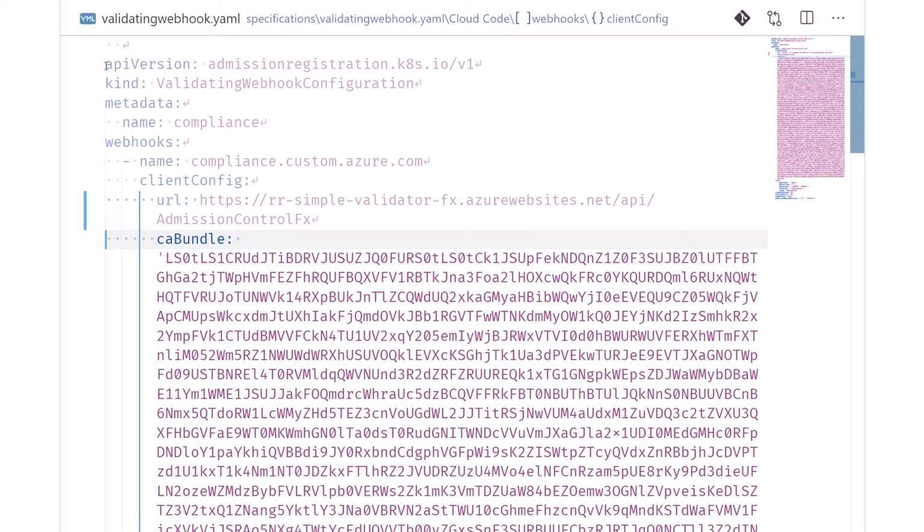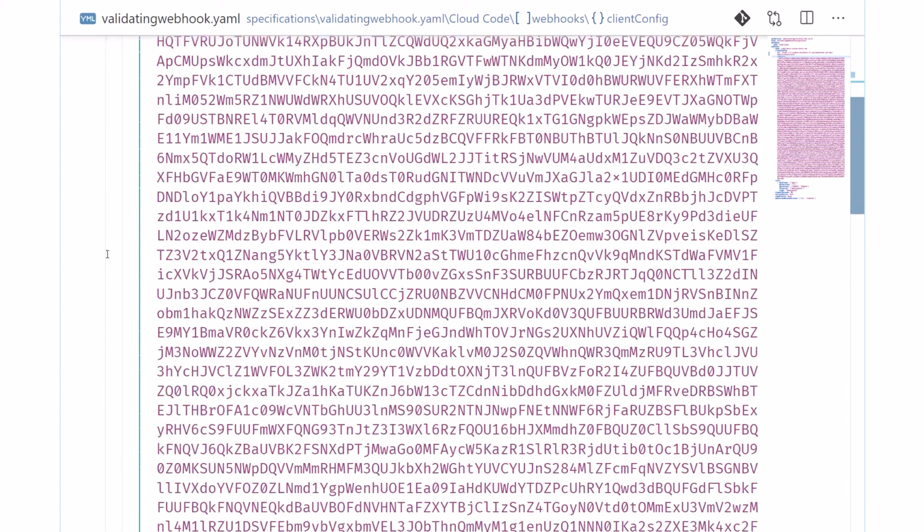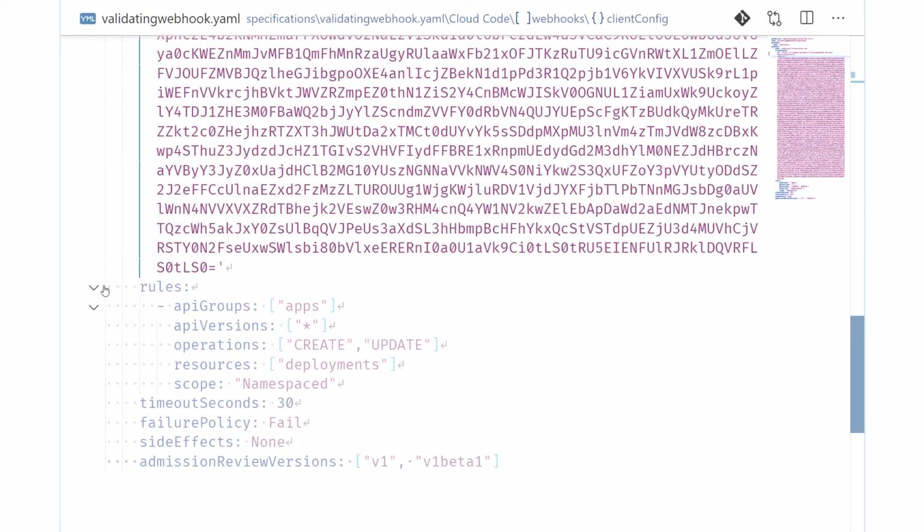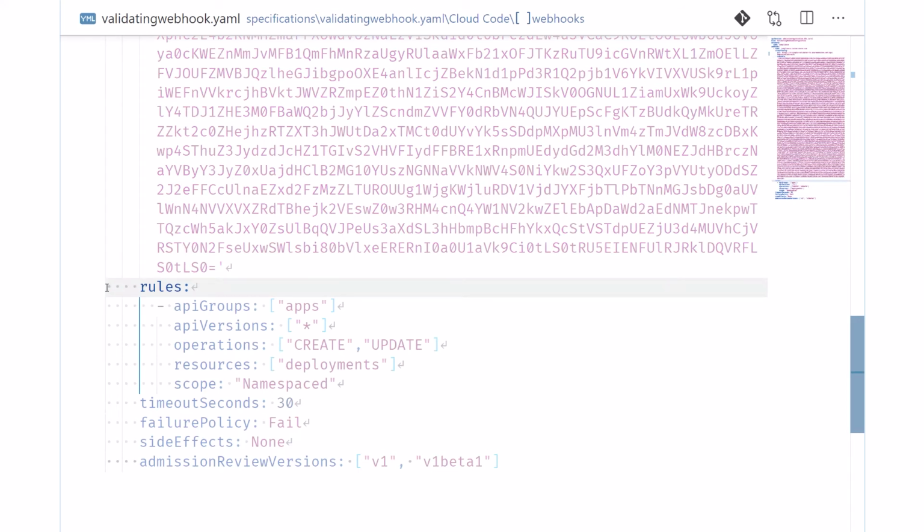As I said, I haven't applied any custom certificate on my Azure function. So in the CA bundle property, you will see that the string here is just the base64 representation of the PEM certificate for the domain star.azurewebsites.net. Finally, the rules section evaluates to true whenever an update or create deployment command is issued.